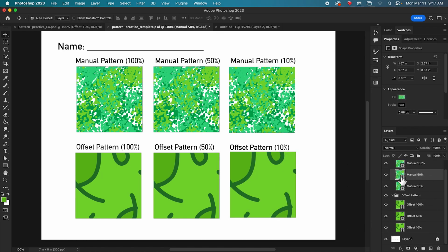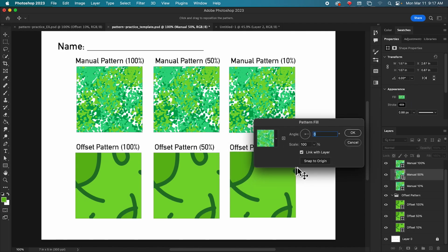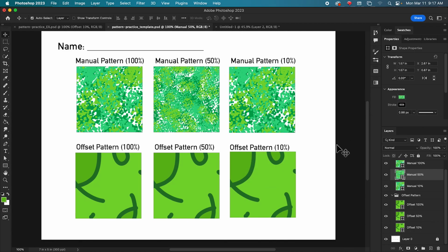And if we go back and double click on this shape layer icon, rather than getting the fill box because our fill was solid, we're getting the pattern fill box. And this gives us the option to change the angle and the scale. Scale, we want to do 50%. And then click OK. So that's going to show us what our pattern looks like scaled at 50%.